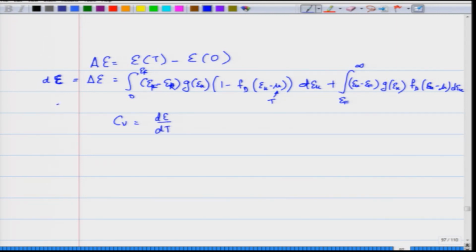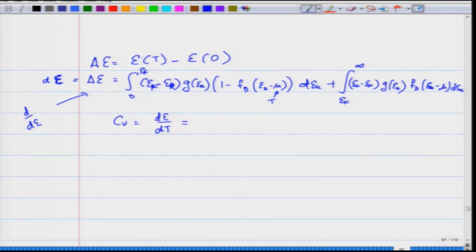So, if you take the derivative of the above, then EF, Ek and G(Ek) are of course not temperature dependent,